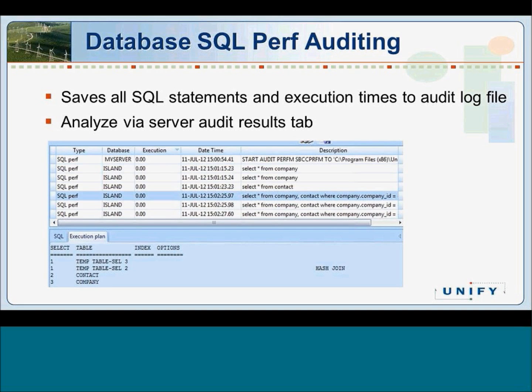You've seen that before, and it looks kind of like this. There's a number of SQL statements there, and every SQL statement has the execution time with it in its own column. And if you click on a statement or on a line, then you can actually look at the execution plan and at the SQL of the table. And there you can see if, for example, for a long-running query, you don't have indices available, and you can create an index and then retry this, and so accelerate performance of your queries.